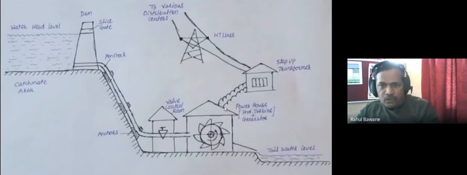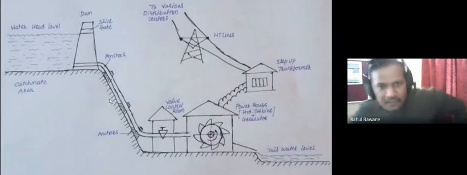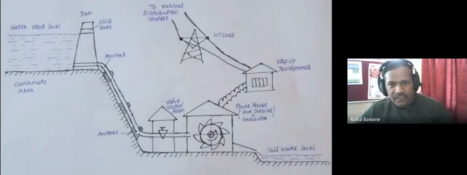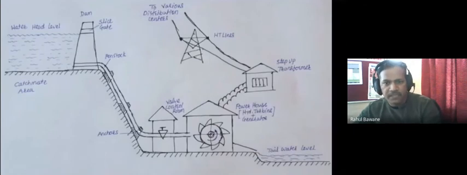So to control the generation rate, we must have a valve control room. In the control room there are measuring, monitoring and controlling devices. Everything is there. Okay, now let me clear one thing about this penstock. The penstock is almost 10 feet in diameter, that means about 2 to 3 meters in diameter.